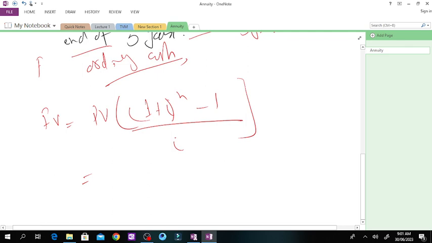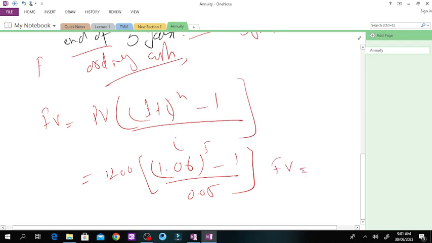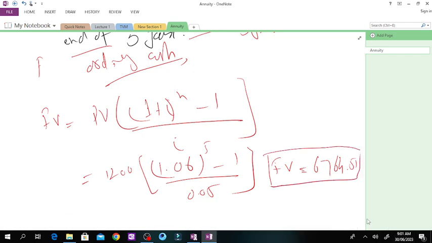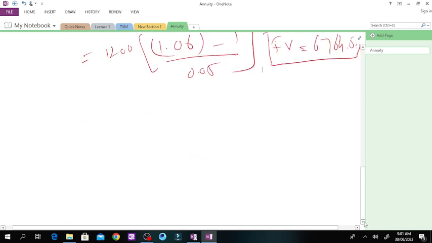How much you are going to do is 1200, 1.06 for 5 years and 0.05, and ultimately how much you would get is 6764.51. This much you would receive at the end of 5 years. Okay, now another example is that, for example,